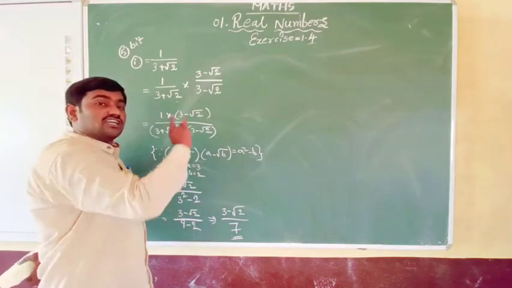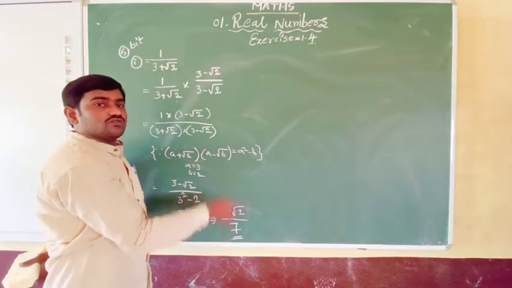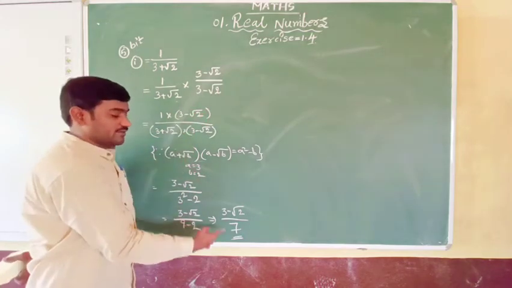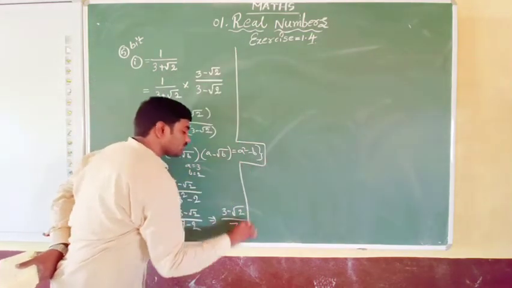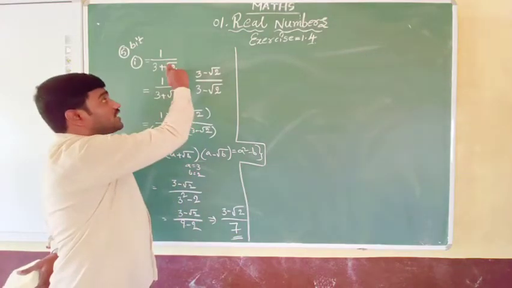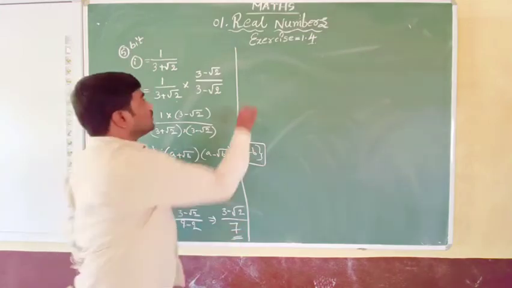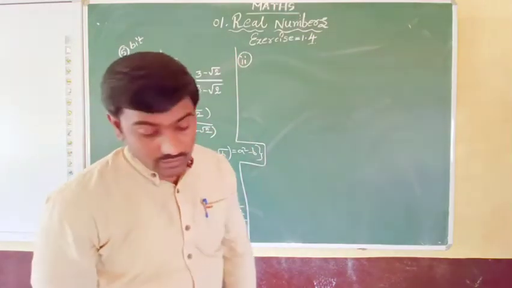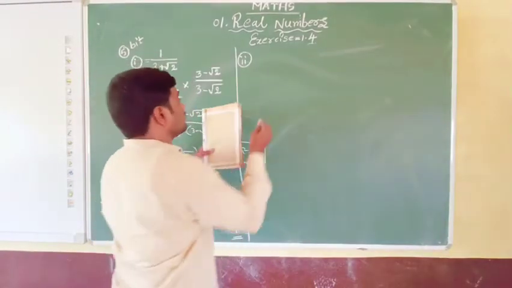Has this denominator changed from an irrational number to a rational number or not? Yes, we changed it by using the rationalizing factor and rationalizing the denominator. Then we changed this denominator from an irrational number into a rational number. Okay, let's go for the second question here. You can clarify your doubts in this second question.